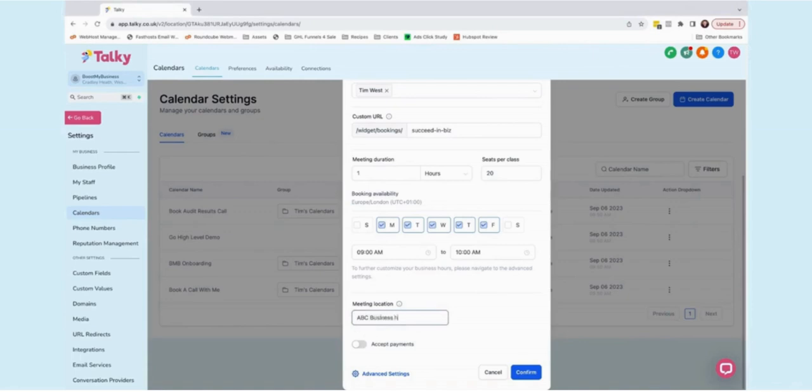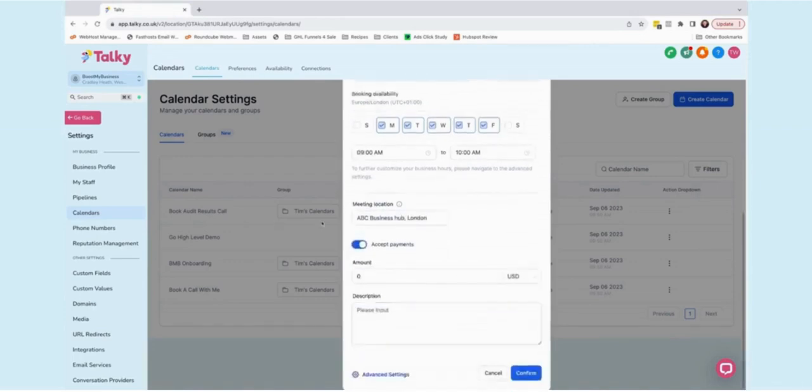One of the great things about the class calendars is it allows you to accept payments. So you just simply switch the toggle on, and as long as your Stripe account is connected to your HighLevel sub-account, you'll be able to choose an amount that you wish to charge and enter in a description as well, which will appear on the booking page. Once the user has filled out the form, they will be prompted to enter their credit card details and pay the fee. And with all the details now entered, we could click Confirm, but let's take a look in the